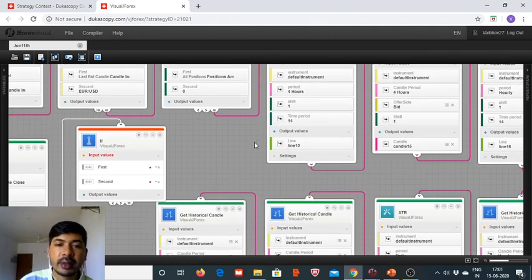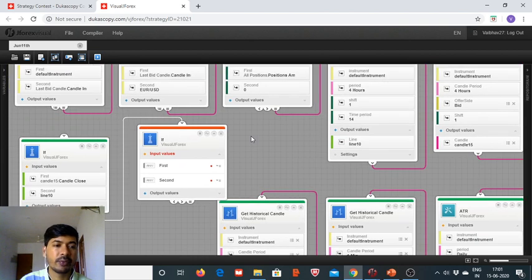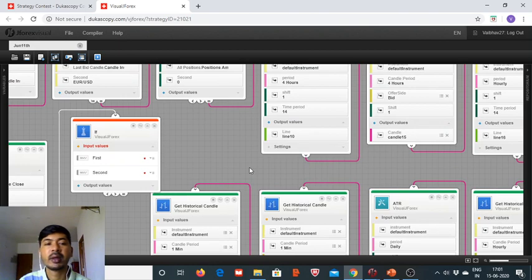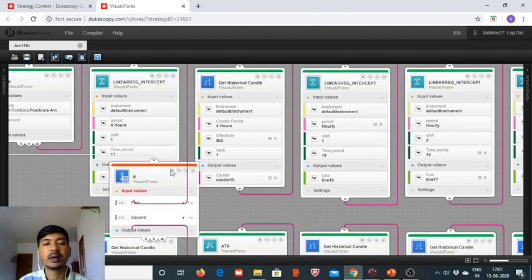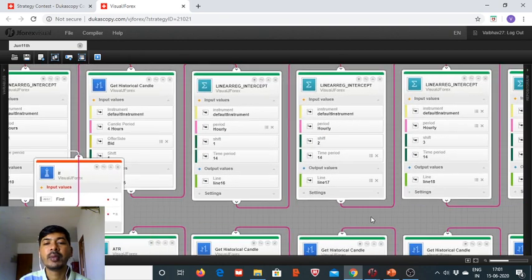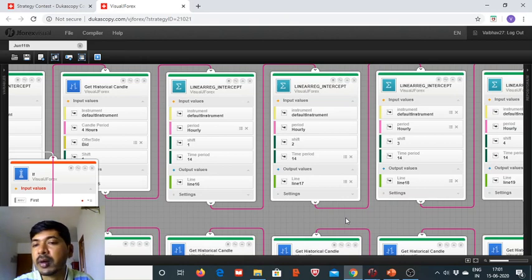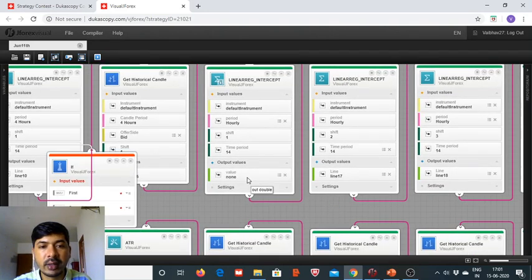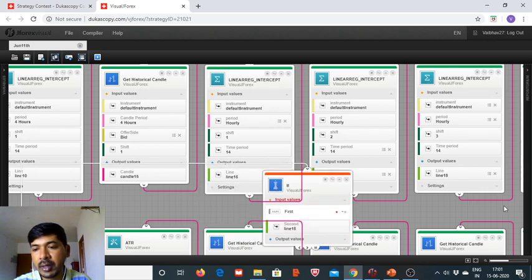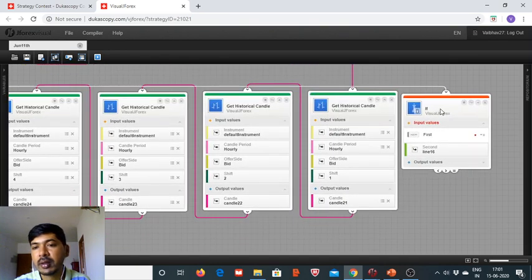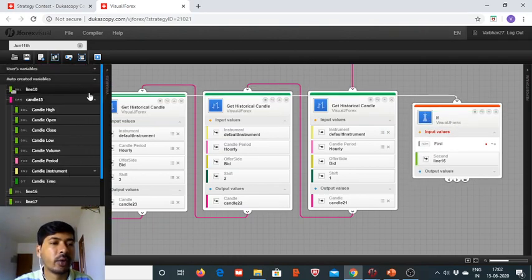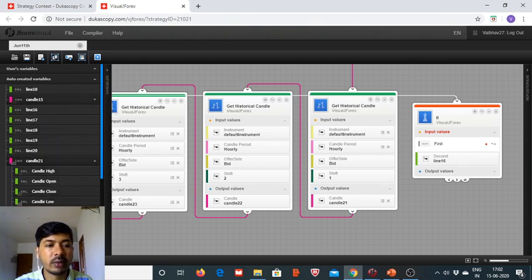The next requirement turns to the hourly setup, as we have this 4-hourly requirement in place. The immediate attention then shifts to the lower time frame charting, and then we want to look at the last hourly candle close, and it should be below the linear regression intercept of the last hour. So what we do is we take line 16, which is the last hour's linear regression intercept value, and we compare it to the closing levels of the historical candle with shift value 1, and that is candle 21. So we want candle 21's close to be